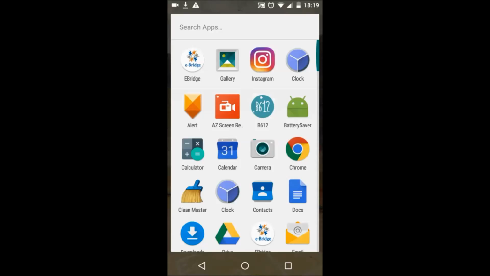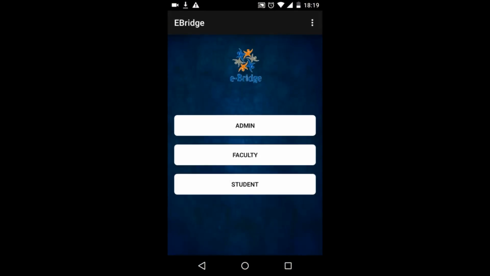Coming to our project, it is an Android application. We named it eBridge. This application is mainly built to provide interaction between the faculty and the students. It offers an ability to work with queries posted by the students in order to get more clear content at different levels, allowing students to access materials, timetables, and alerts at their own pace. It is compulsory for the users to log in or register to the system in order to provide more secrecy and security for the content present in the application.